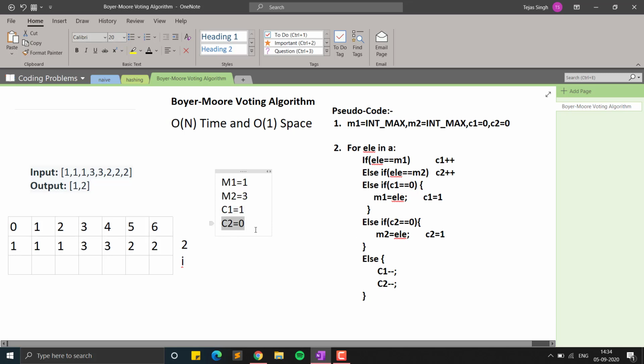That means we have to nominate a new majority element. Because our previous majority element has been cancelled out because of the occurrence of the new majority element, we will simply cancel that out. So we will have to make our 2 as our majority element. You can see m2 will be equal to this element, so that is 2. So now we will again set this to 1.